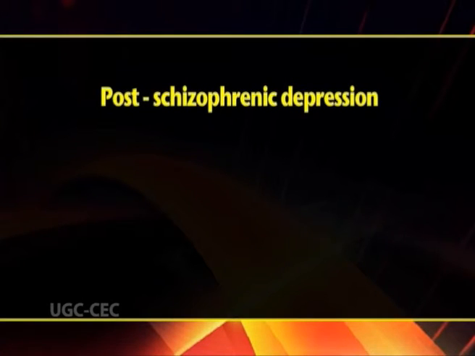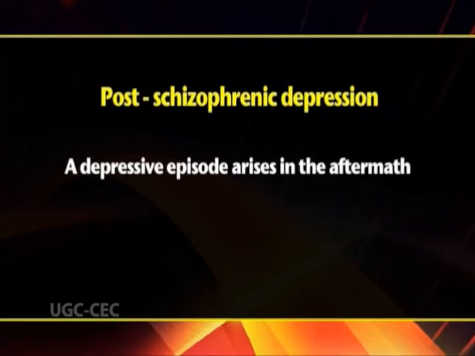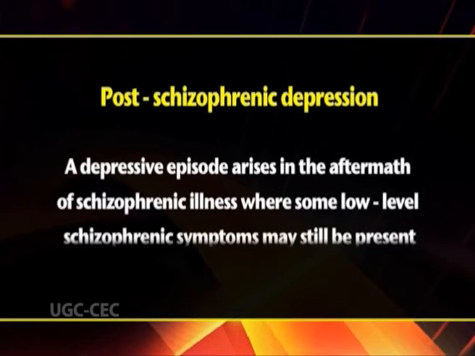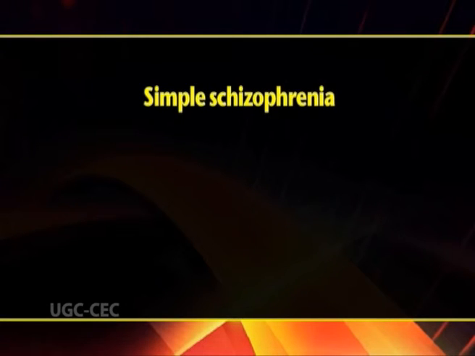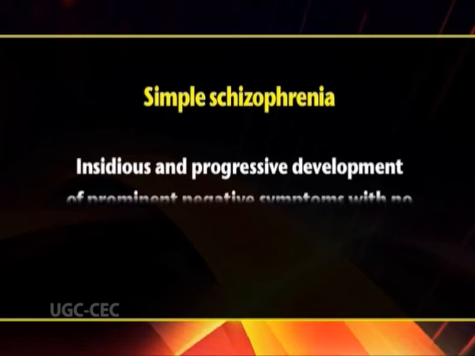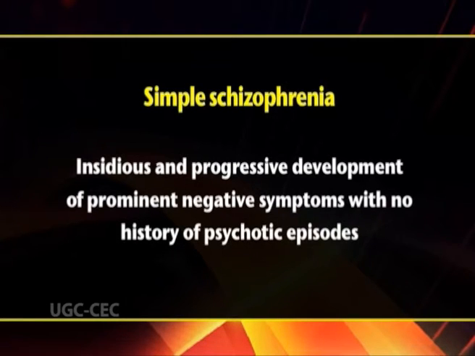First is post-schizophrenic depression. A depressive episode arises in the aftermath of a schizophrenic illness, where some low-level schizophrenic symptoms may still be present. Second is simple schizophrenia, insidious and progressive development of prominent negative symptoms with no history of